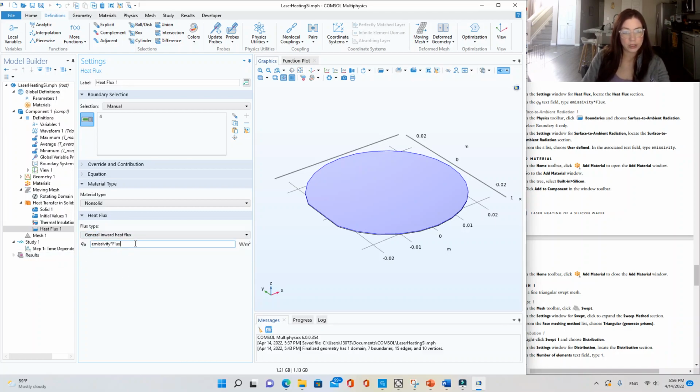So it just depends on what parameters are known for the problem. So we have the emissivity of the wafer and the rate of flux. So the model will calculate Q naught in watts per meter squared,